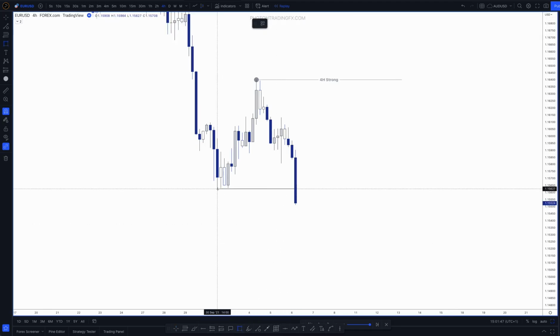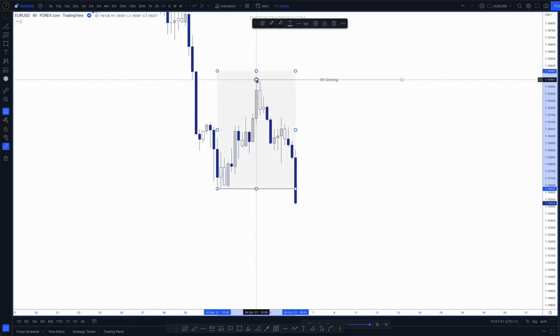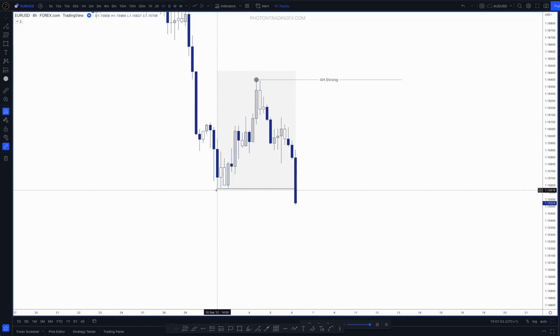From the highest point, from where the low was printed to where it was broken, drag your box to the upside, right? And then that becomes your high. It's the highest point that went on to break this swing low, right? Again, we can put our circle here. Okay, cool. So at this point, we know where our swing high is,